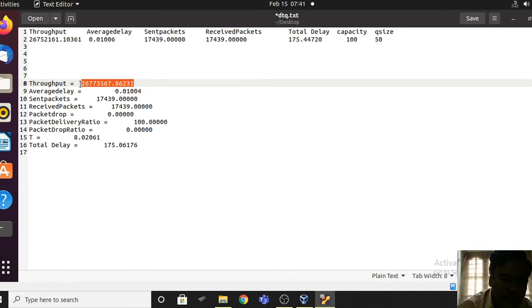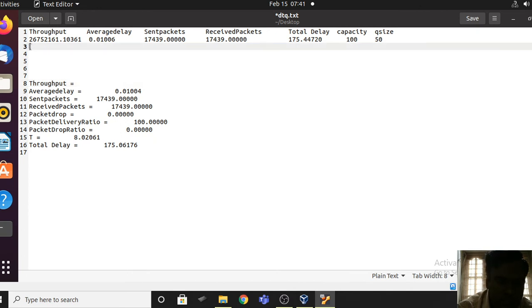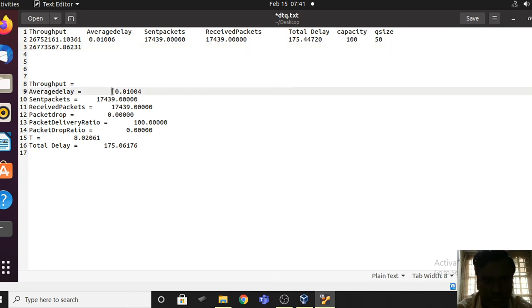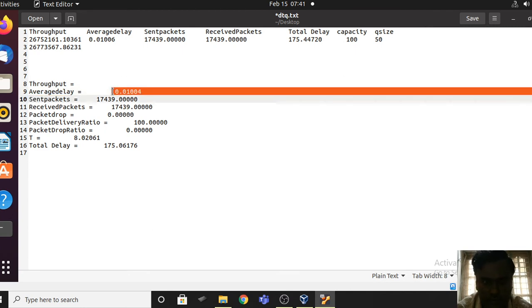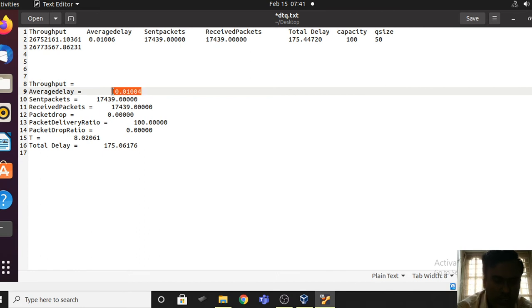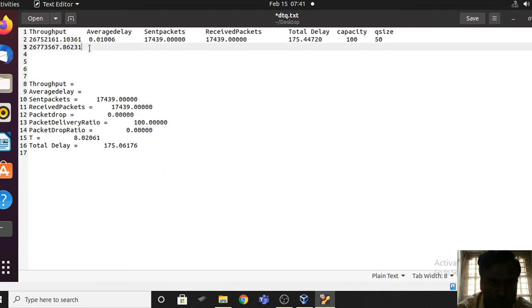This value, Control X, under column 1. Control B. So throughput is copied, and then you can copy this average delay. Control X. This is the average delay. So you can copy over here. Control B.